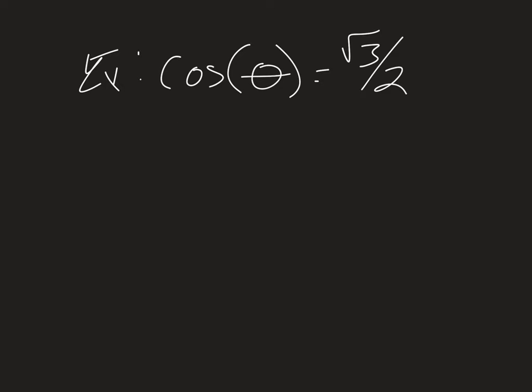I think the best way to start would be to look at an example, and then we can go into the theory a little bit as we go. So let's say we're asked to solve this equation, cosine of theta equals the square root of 3 over 2. Now what this is really asking